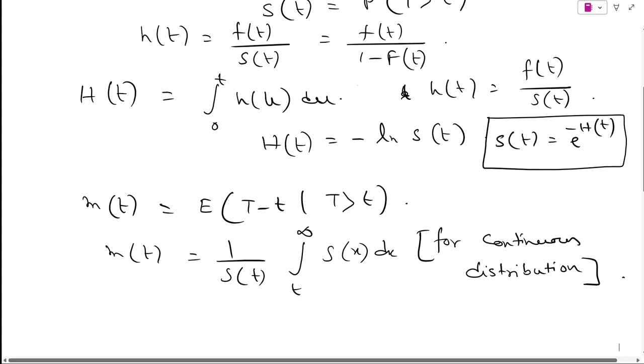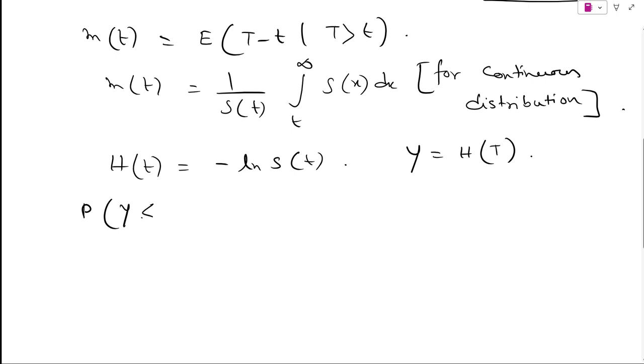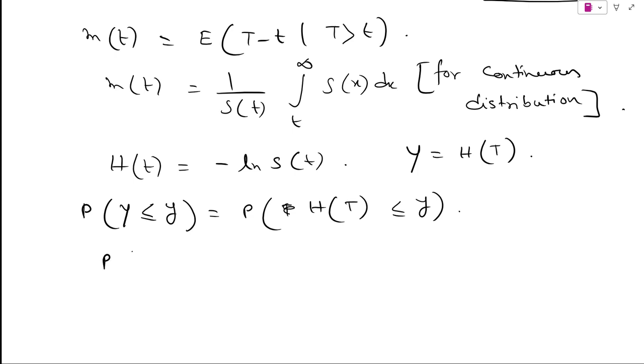Now we come to the proof. This is the scoring part of this question. We know H(t) is minus natural log S(t). Now define Y equal to H(T). We want to find the distribution of Y. So first find the cumulative distribution function. And since H(t) is an increasing function, we can say